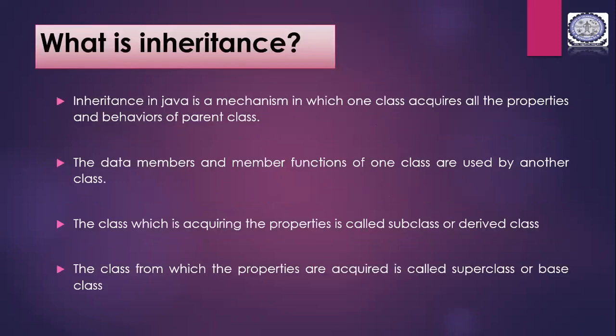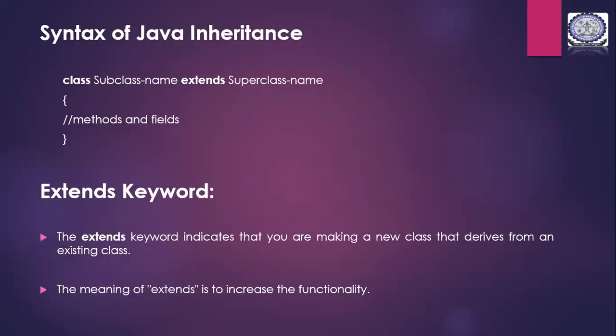Okay. So we discussed this when I was telling you the program statement. So inheritance is nothing but a mechanism wherein one class acquires the properties and behavior of a parent class. The data members and the member functions are the properties and the behaviors, and the class that acquires these properties is called the derived class, and the class that declares these properties is called a superclass, base class, or parent class.